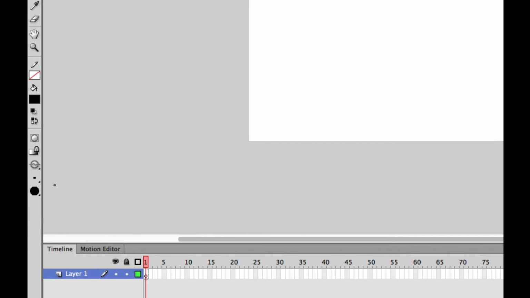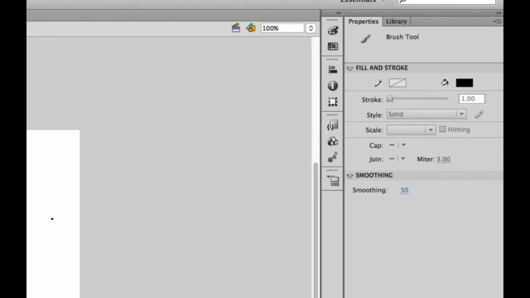Once you've got the color selected, down here you'll see a little button that lets you control the brush size. So there's a variety of thicknesses of brush you can use here. I'm going to stick to this one for now. And this gives you a brush shape. So I'll keep it simple and stick to the round brush for now. Fill color, brush size, brush shape, and make sure the object drawing button is not clicked. Lastly, if you come over the right hand side here, there's the properties for the brush tool, and this value down here, the smoothing value,